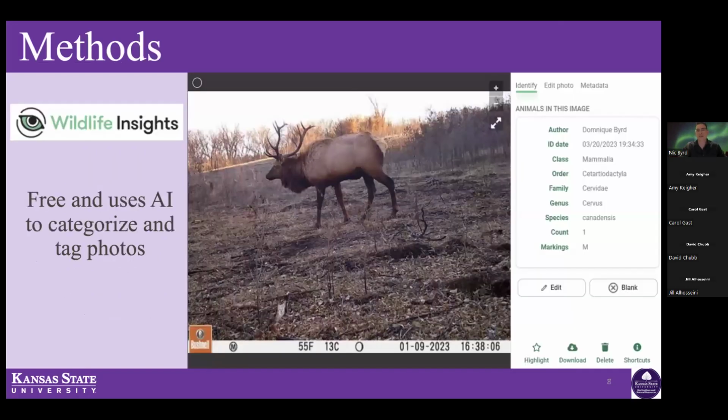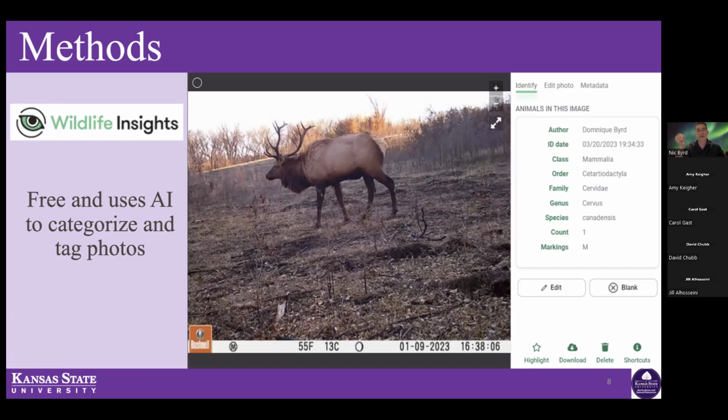After we were able to collect our cameras, we then transferred all of our photo data to a free online program called Wildlife Insights. It's free and open access, and it uses artificial intelligence to categorize and tag photos. These AI models were produced by Google, and they can detect over 1,000 species in under a fraction of a second. The models use patterns, textures, and colors for recognition, and it has an accuracy of over 90% when it comes to detecting if the photo has a presence, the photo has an absence, and the photo has